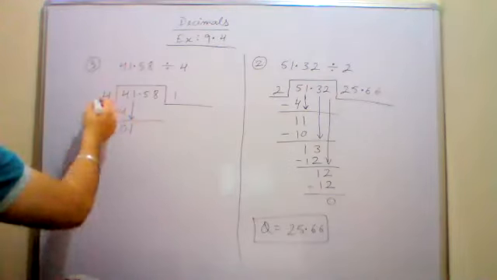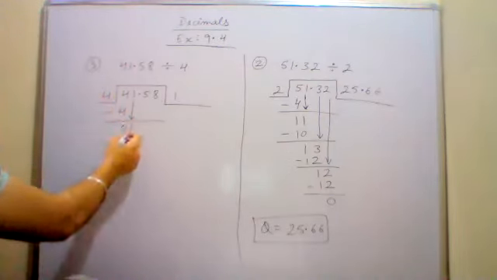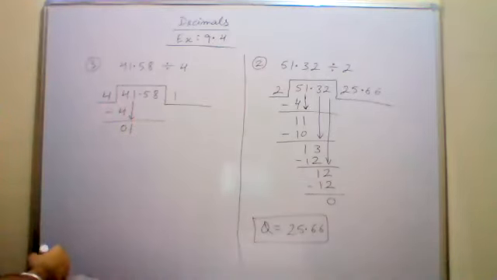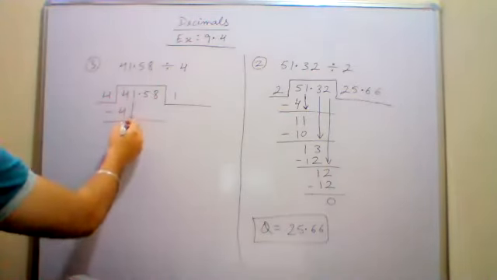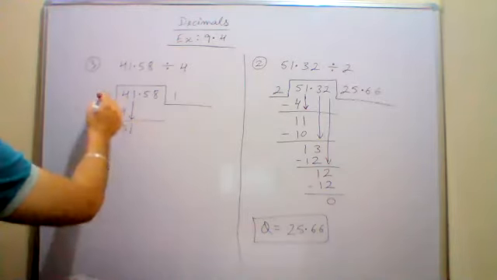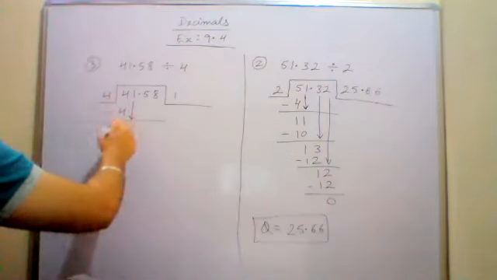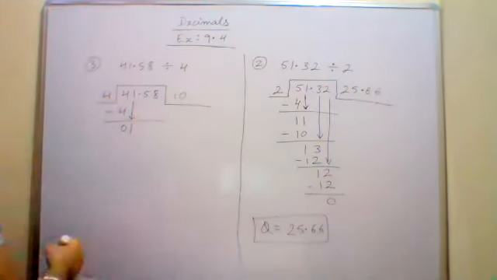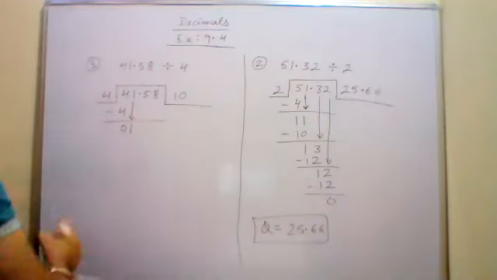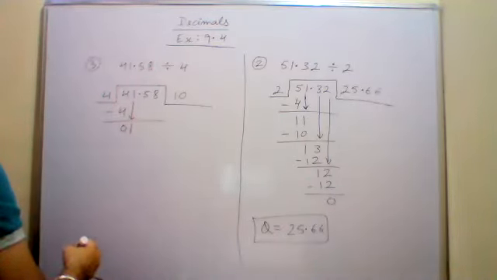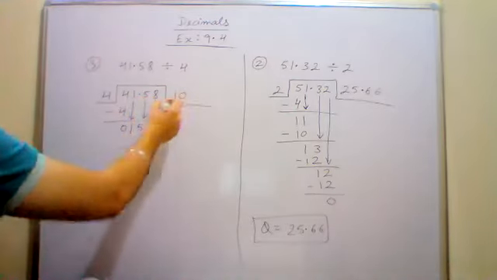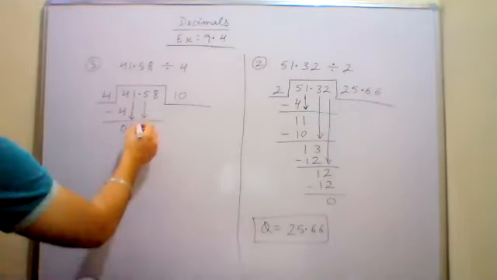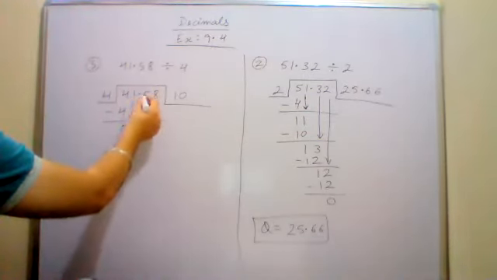Is 0, 1 greater than your divisor 4? 0, 1 क्या 4 से बड़ा है? No, it is not greater than 4. So we will have to copy another digit. Now because this number after copying down the digit is smaller than 4, you will write 0 because this is smaller than 4. Okay, so we have to copy another digit, 5. Now because we are copying two digits, that is why we have written a 0. And 5 is the first digit after decimal.